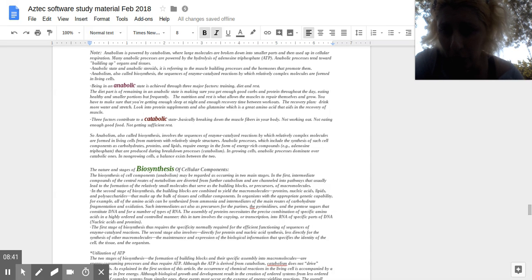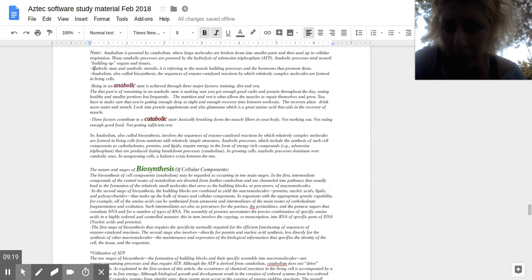The diet part of being in an anabolic state is to make sure you get enough carbohydrates and proteins, eating throughout the day in small portions but frequently, and healthy meals. Nutrition and rest is what allows the muscles to repair themselves and to grow. Make sure you also get enough rest and sleep for recovery